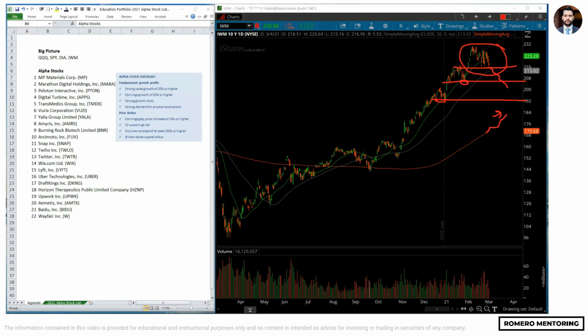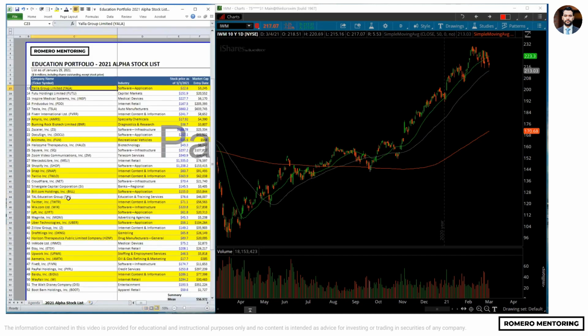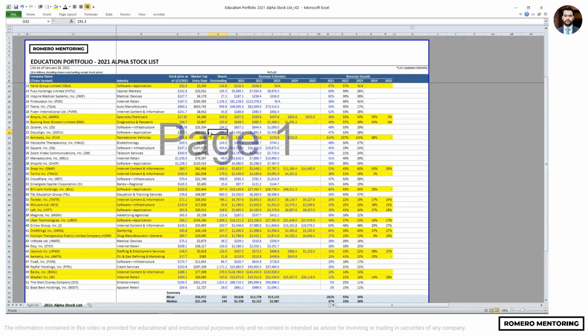Now let's look at individual stocks, especially the ones that I have listed right here on my screen. But before I plot them on the chart, let's look at some of the fundamentals on these stocks. And let me maximize this. So what you're getting to see here is the entire list of stocks that I pay attention to, that I'm following based on growth, revenue, and earnings. You can see here,